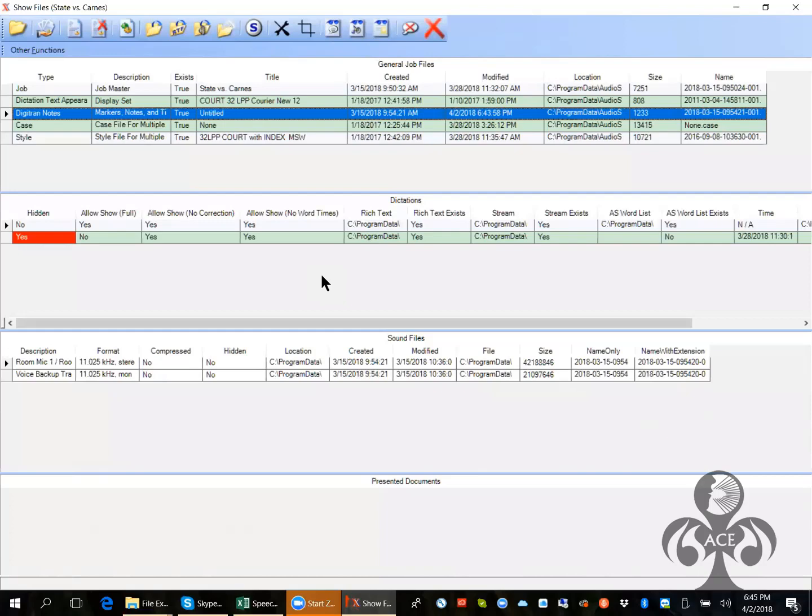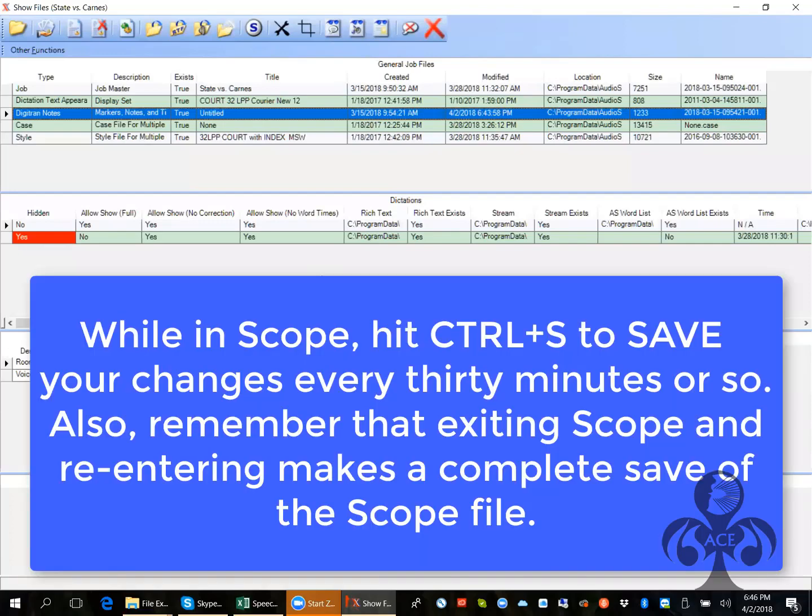And because SpeechCAT by default saves every 30 or 90 seconds, it's going to save pretty fast. So if you don't immediately exit out, then chances are it's already saved by the time you realize it's happened. And the thing to do to make sure that you're covering your butt is to save often when you're not exiting and re-entering. But what I like to tell people is, if you get up for a break, you just want to go walk around, go for a walk, get a cup of coffee,